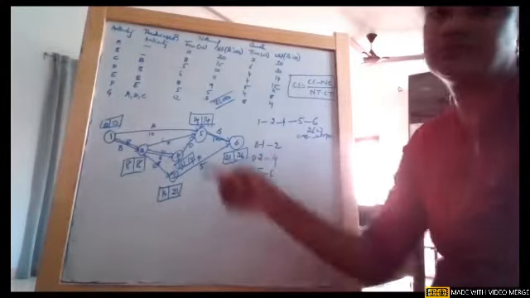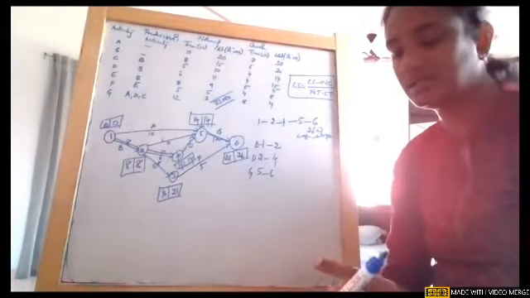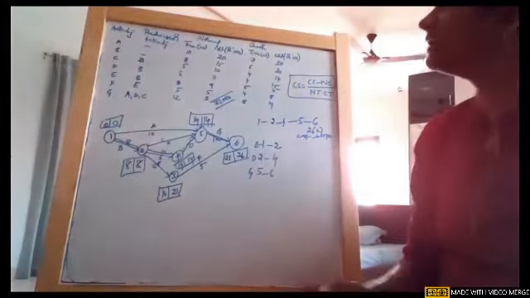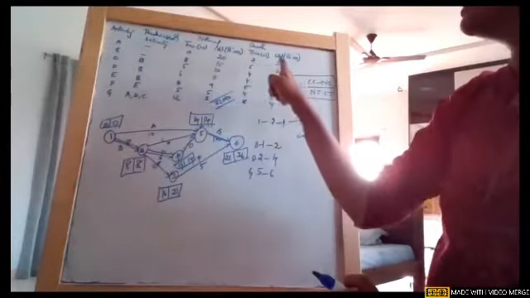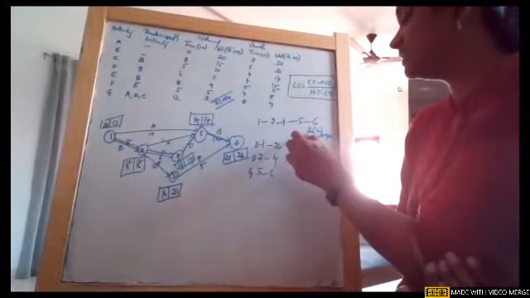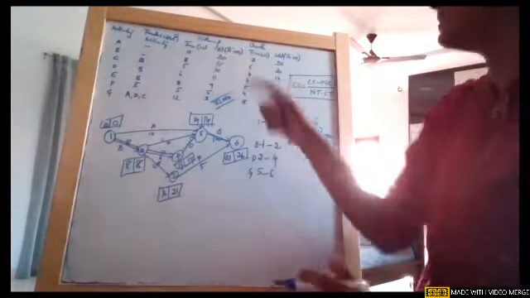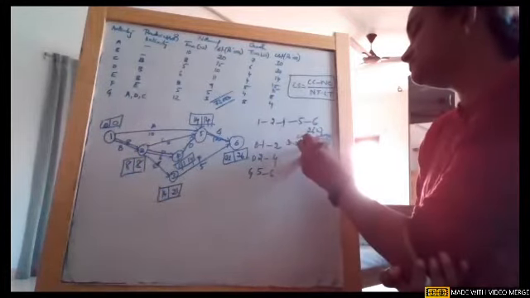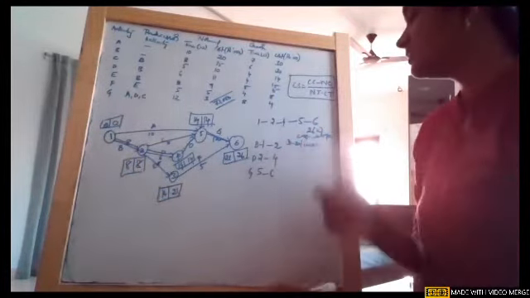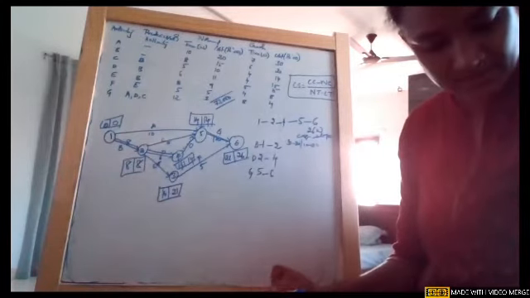Just to avoid confusion, as the activities are given as names A, B, C, D. So when I go to 1 to 2, the crash cost is 30 and normal cost is 20. So 30 minus 20 divided by the durations 10 minus 7. So it is 30, 20, 10. 10 minus 7 is 3. Am I correct?